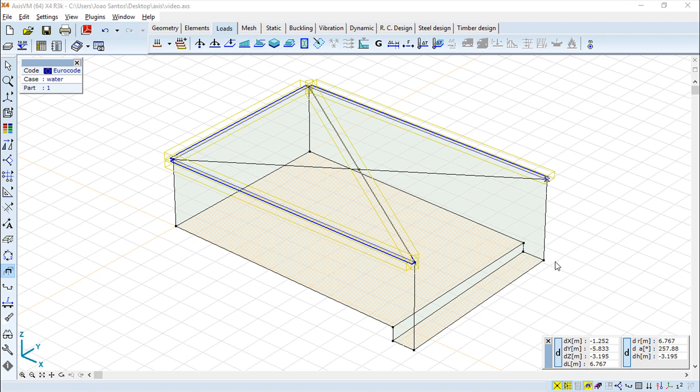In the topic for today, the loads toolbar, in fact, we will split this information about the loads toolbar into different video lessons, this being the first one today. So we are in this toolbar already. The appearance is this one, and a brief description about what we can do in this toolbar. We can apply various static loads for static, dynamic, and buckling analysis, and we can also define concentrated masses